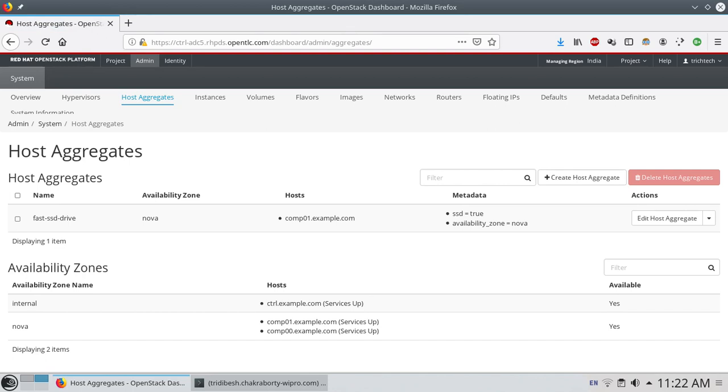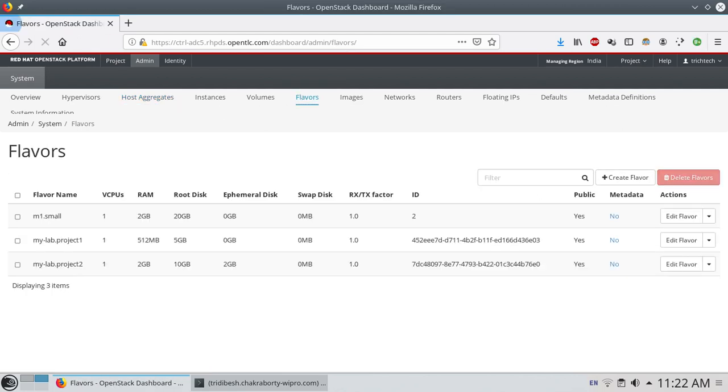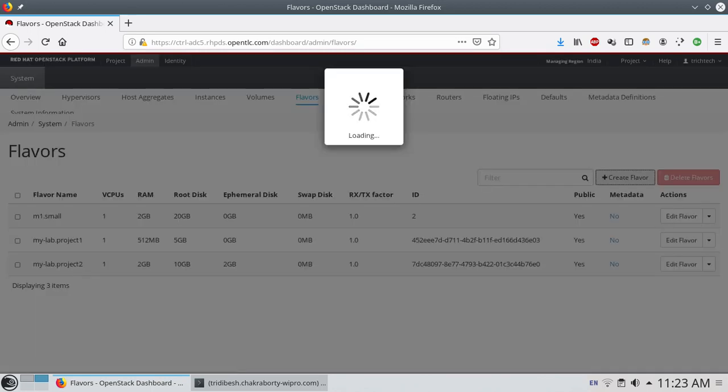Now we will create a custom flavor, and there we will also set a similar property like SSD equals true. So whenever any user selects that particular flavor and launches an instance, automatically that instance will be launched on that particular host aggregate. Now click on create flavor. Let me name it lab.ssd.1.